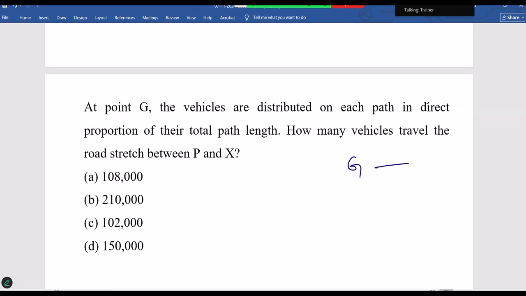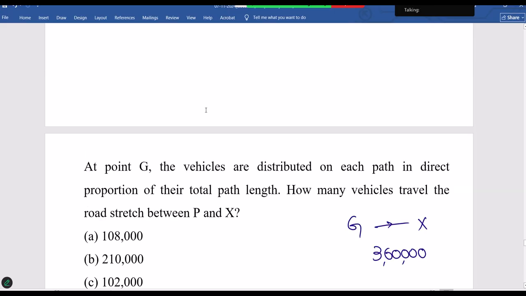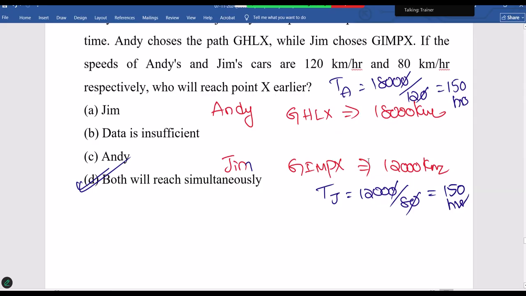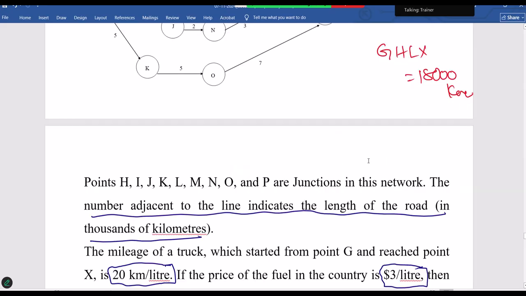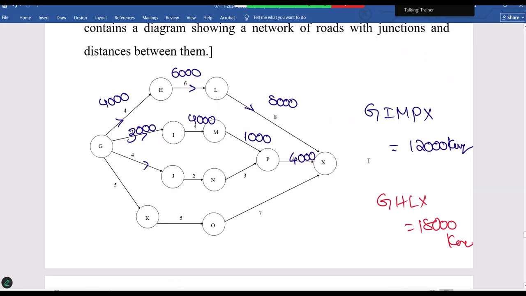So you are traveling from G to X. In total, 3,60,000 vehicles are traveling. Now how they are distributed depends on length. If length is more, vehicles are more; if length is less, vehicles are less. Whether it is direct proportion or inverse proportion, that combined wording is important. It may be directly proportional, or else they would have to say inversely proportional. So how it is split is